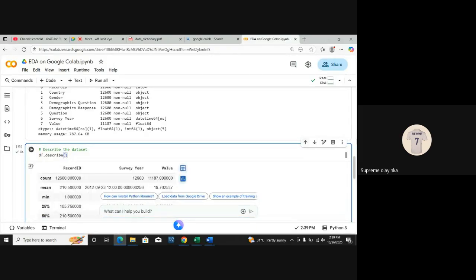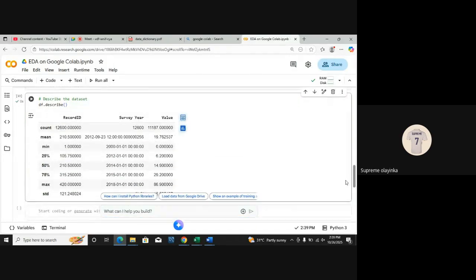Anyway, correct. So you can see it is only showing for all the numerical columns that we have there. We can see our survey year is actually showing now because we've changed it to date time. So we can see record ID, this is just identity, we don't actually need this. Survey year, we can see something like 12,600.